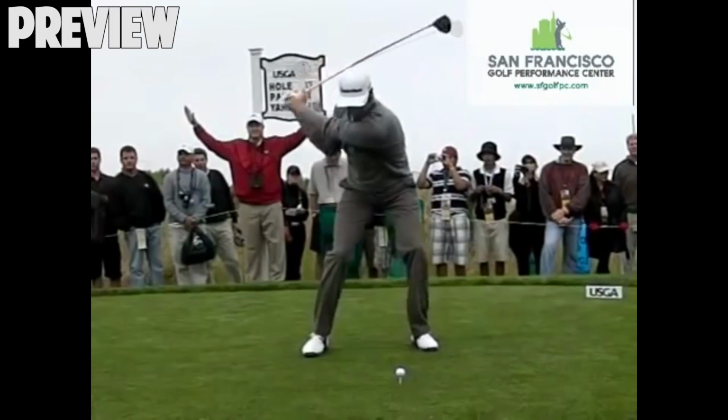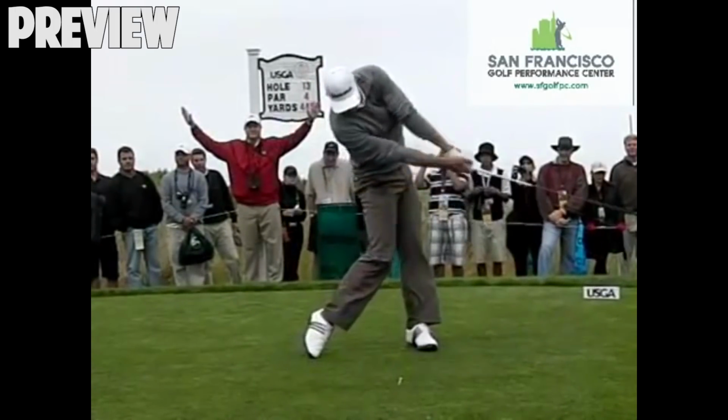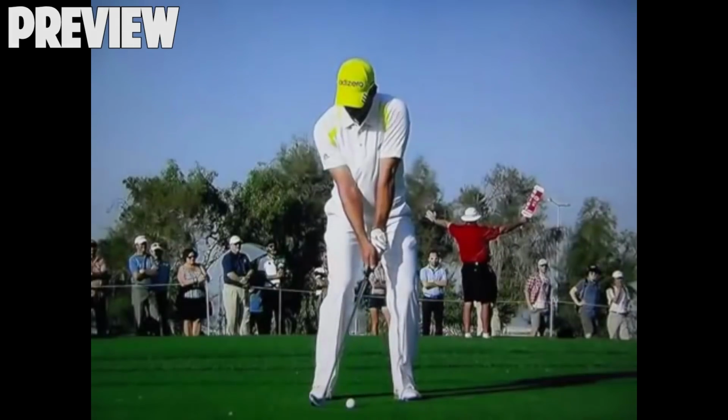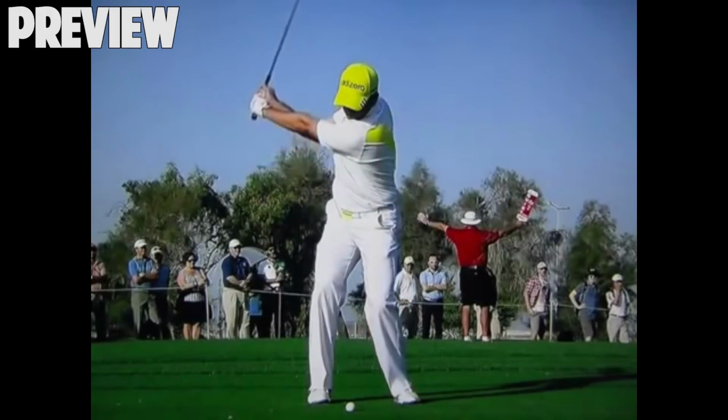So first let's take a look at Dustin Johnson releasing the club 45 past. And the reason we're going to see such different swings producing similar positions is that this is the real physics of how this has to happen. Here we're looking at Sergio Garcia. Again, we're going to see tons of